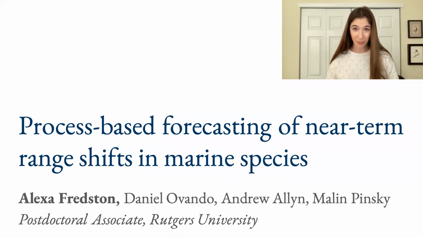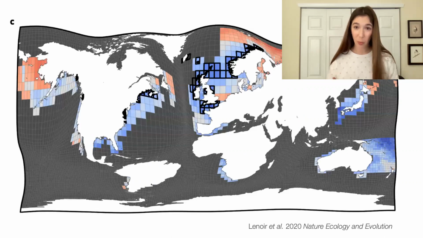Species are on the move. Species around the globe have been observed shifting their distributions deeper into the oceans, upwards in elevation on land, and generally toward the poles. This global reorganization of biodiversity is one of the large human impacts on the planet. This map is showing where range shifts have been documented in the oceans.